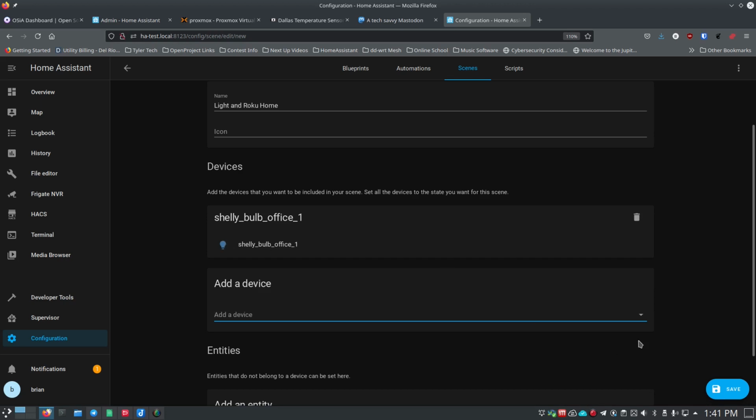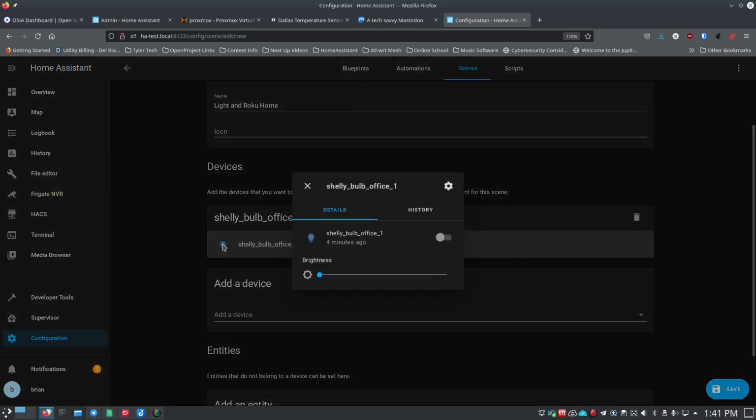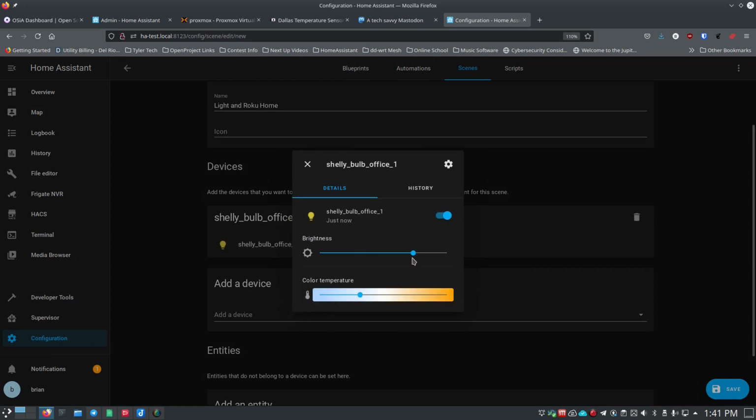So if I want to change this before I save the scene, I can luckily just click on this little bulb, and it comes up, and I can turn this thing up, and it turns on, and I can even adjust the temperature to make it cooler or warmer, or I can set it right in the middle. And the nice thing is when you do this, you see that little number pops up. So as you're setting these for your automations, as you're setting these for your scenes, you can make sure